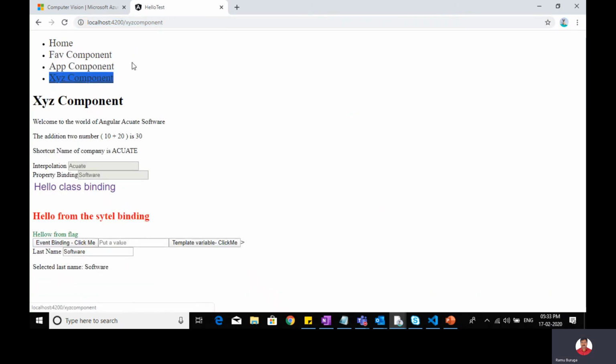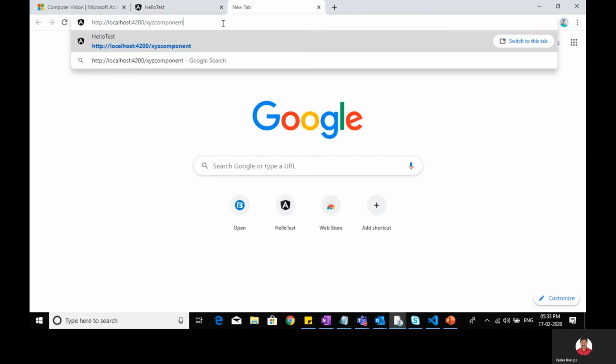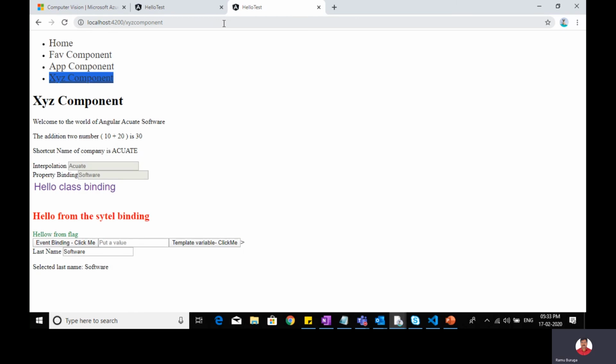When I click here, it is showing XYZ component. So directly you can browse this. It is directly showing you XYZ component. If you implement your own logic, you can't achieve this.